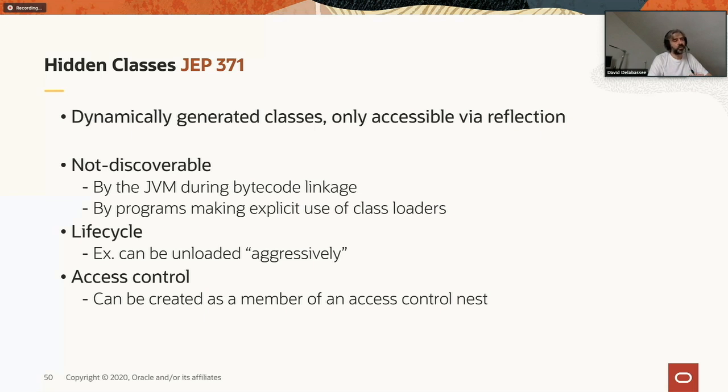Now, they can be garbage collected through a more traditional approach. The behavior of the GC is configurable for hidden classes. But what we know for sure is that the aggressive unloading is something that is needed. And then access control. That gives a class that dynamically creates another class the ability to access that class, but it also prevents other classes external to it from accessing that newly created class. So that's basically, in a nutshell, hidden classes.